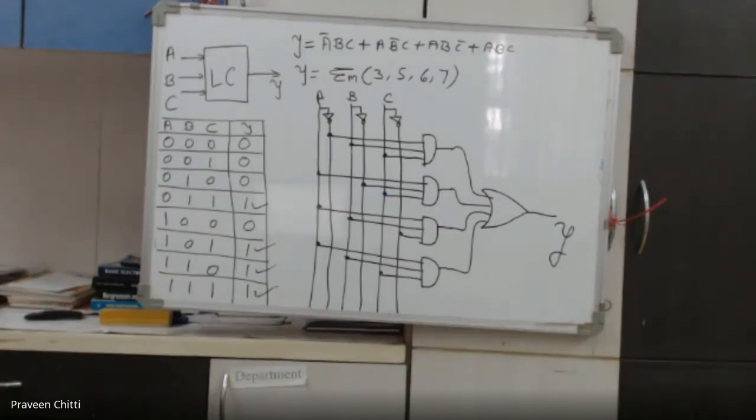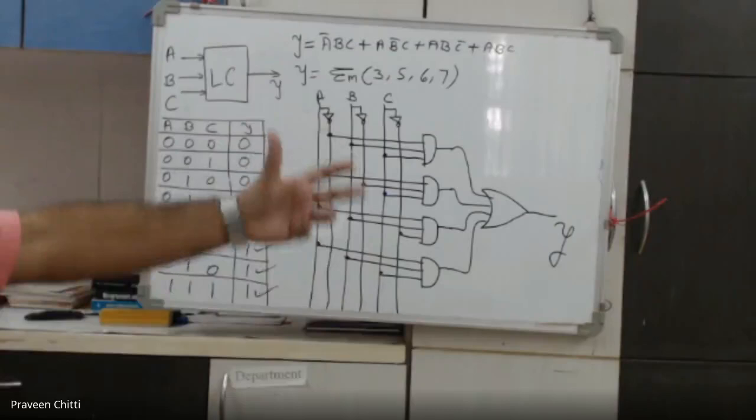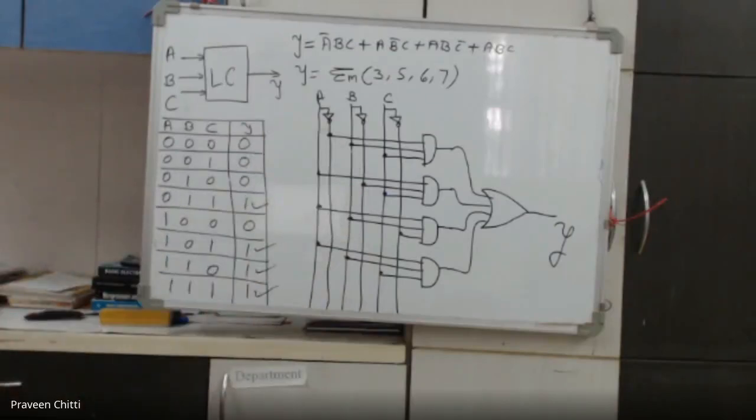But most of the time, if you implement that expression as it is, you need more hardware, more gates are required. To have the optimized circuit, to implement the given expression using minimum hardware, we need to simplify the given Boolean equation or expression. After simplification, we can definitely have the circuit with fewer gates or fewer gate inputs.